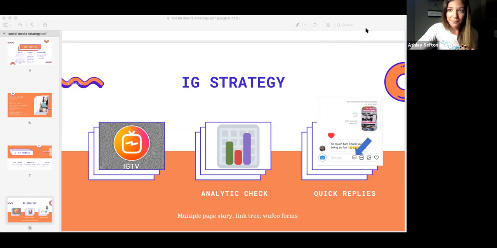How you do it is you go to Linktree. It's so easy, literally. When you create a Linktree account, either way, it's going to give you little